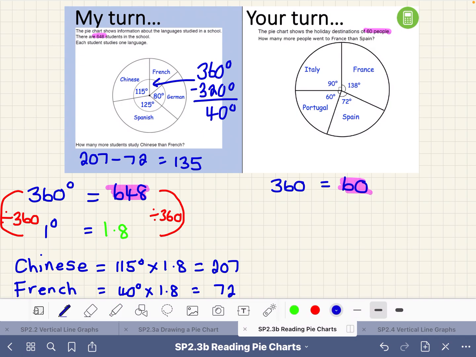Each time we do this, we want to work out what 1 degree is worth. To get from 360 down to 1 degree, we divide it by 360. That means we must also divide 60 by 360. When we type that into a calculator, we get an answer of